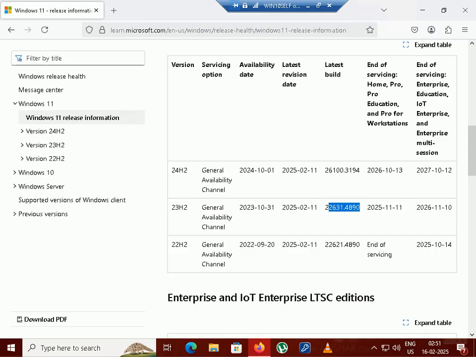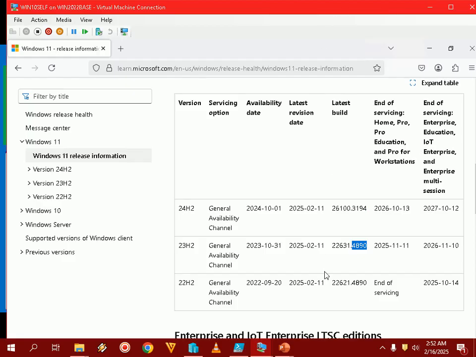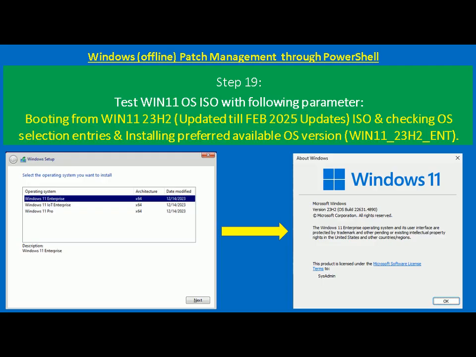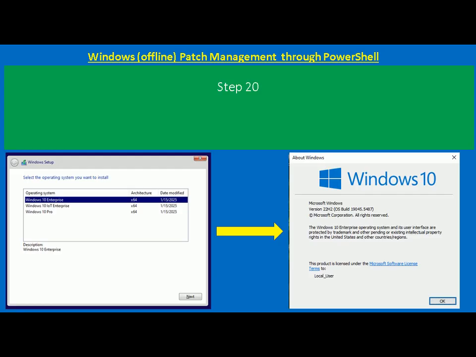Every month whenever you are applying the latest updates, this build number will get changed, it will get increased. Okay, so this is the second confirmation I want to show you guys. Okay, so this is done, and the next step will be we can repeat the steps from 8 to 18